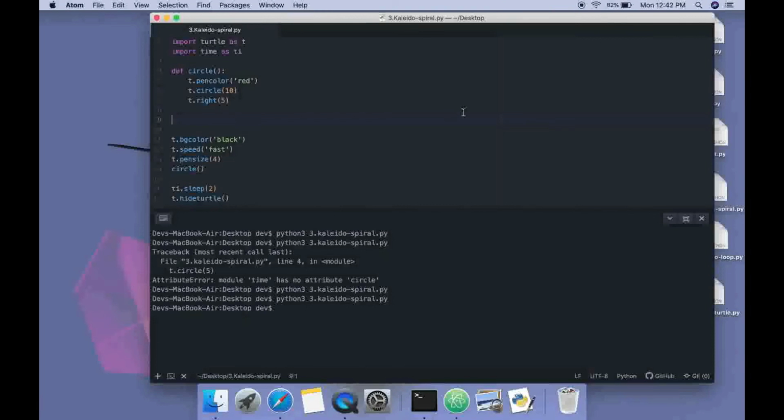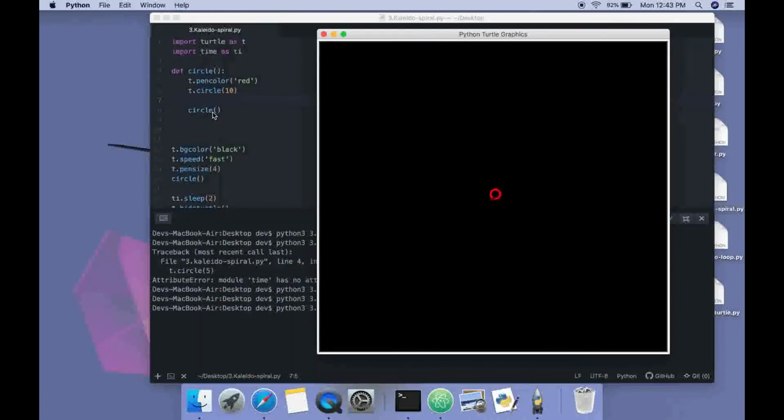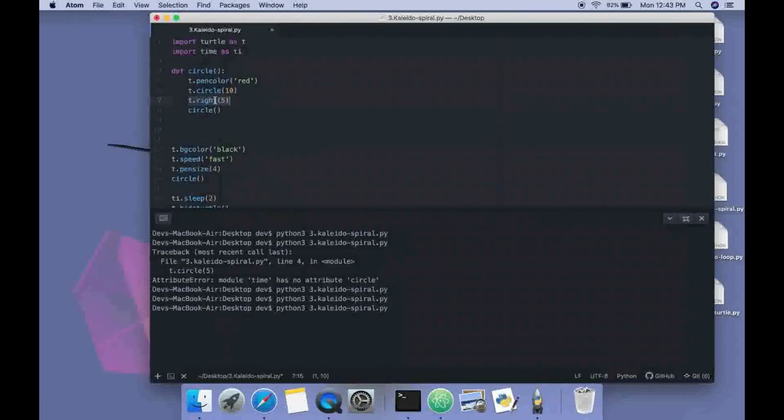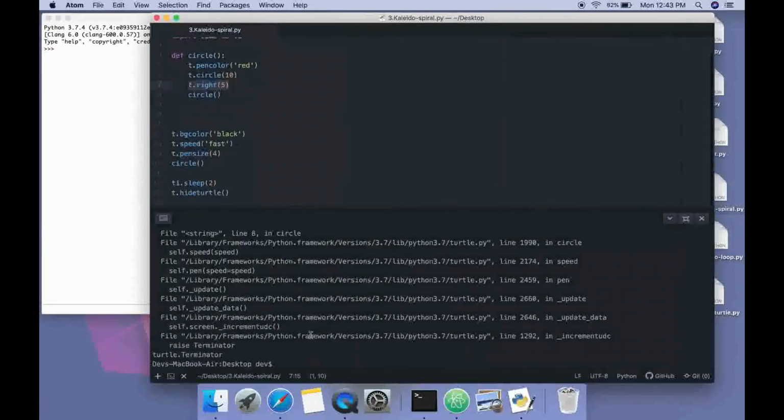That means, if I have created a circle by using a function, then at the end of that particular function, I will again call that function, that is circle. Same function here. Then it will again draw a circle. Let me show you that one. If I just do this one and run that one, there this circle is created again and again. It will never stop because I am calling the circle again and again inside that one. And if I add this command here, and now let me first cancel that one because it will continue to run. And now when I run this one,